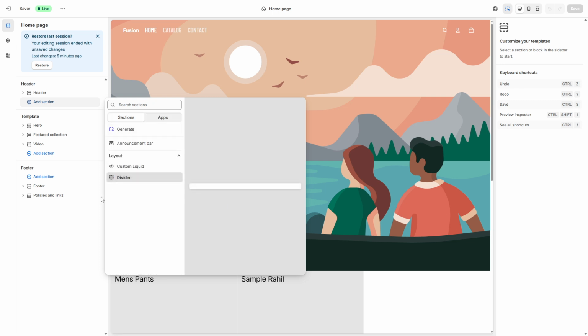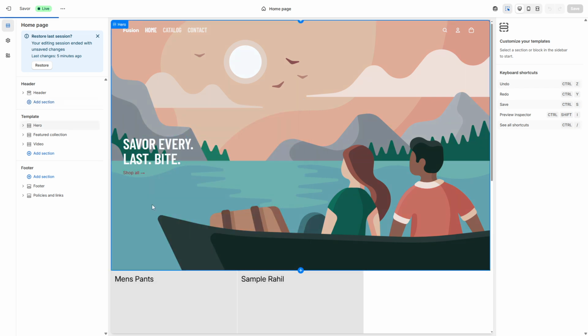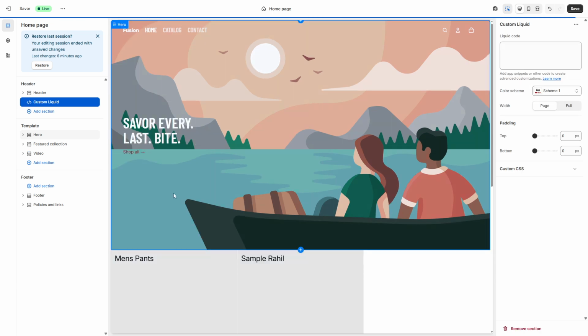Finally, click Save. Saving applies your changes to the theme, and your map will be ready for customers. Give the page a quick scan to confirm the pin is correct, the text looks clean, and the section sits in a logical spot. If anything seems off, you can adjust the settings right away and save again. That's it. Your Shopify store now features a clear, professional map section that helps